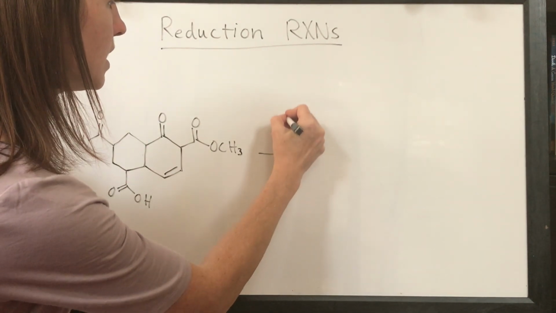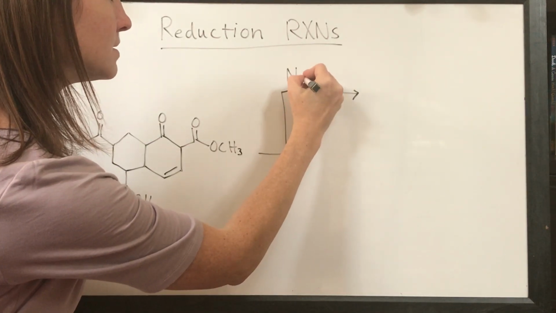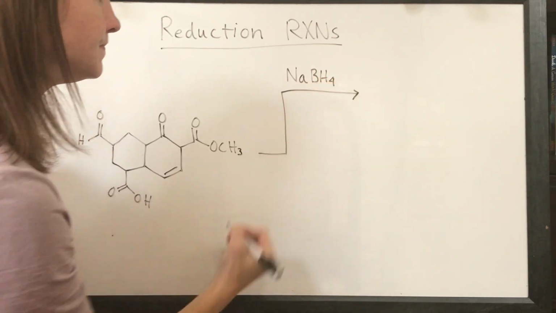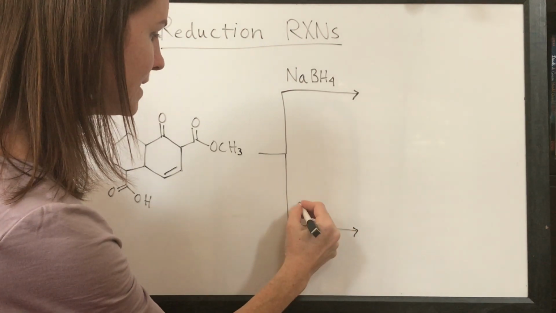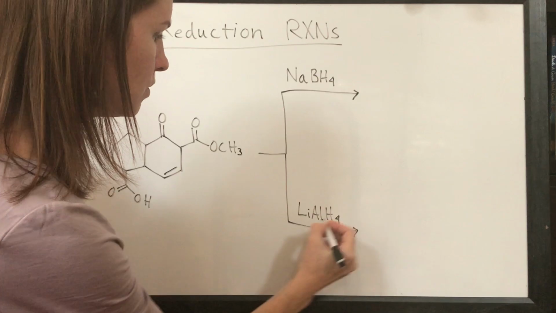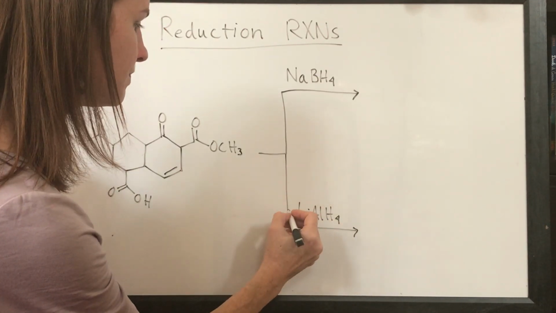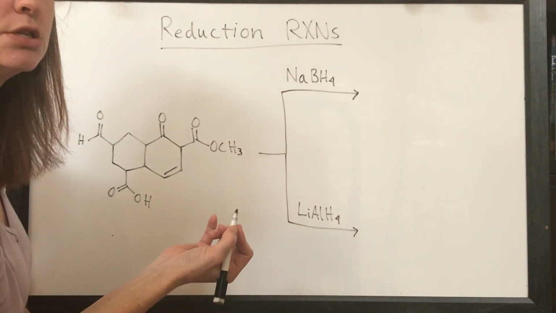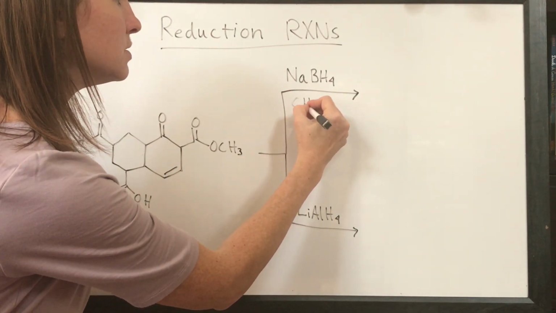So depending on what kind of reduction you want to do, you could use a reagent known as sodium borohydride, NaBH4, or you could use a reagent known as lithium aluminum hydride. Lithium, aluminum, Al for aluminum, and then hydride, H4. If you use sodium borohydride, then at the end of the reaction, you usually need a proton source to protonate your alcohol. So methanol is usually used for that,